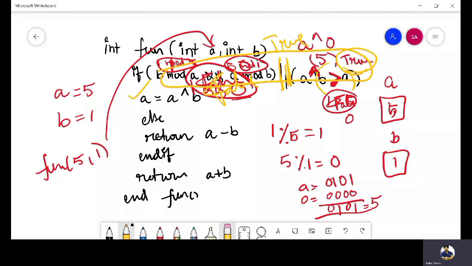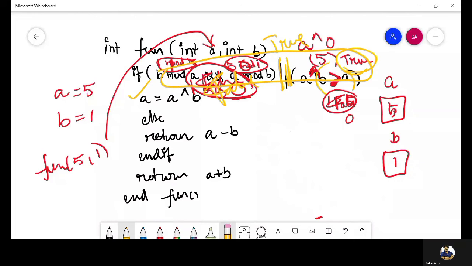And we come here, that is a equals a exclusive or b. So we'll perform this. What is this? a equals a exclusive or b. a means 5, that is 1 0 1. b means 1, that is 0 0 1.